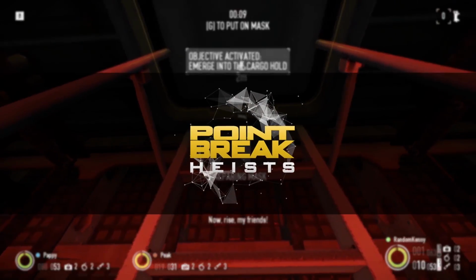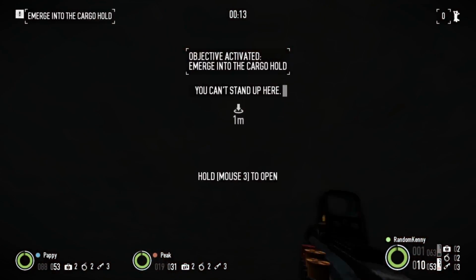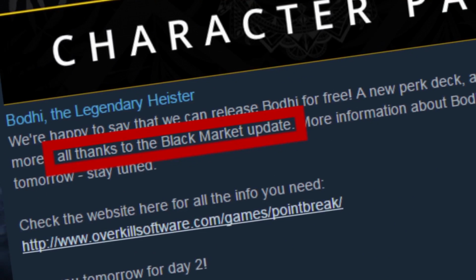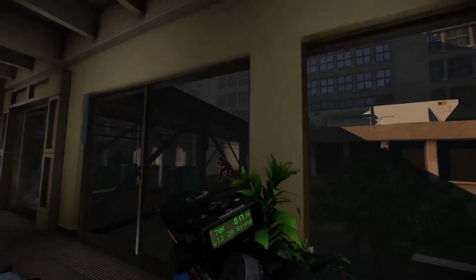So, update 91, Point Break Heists DLC, which is $6.99, and the Bodhi Character Pack, which is free thanks to the Black Market update. Aside from Overkill being Overkill, the Point Break Heists are a set of 2 heists, based